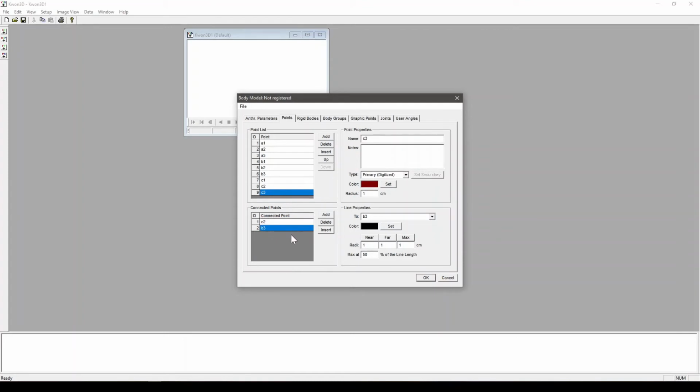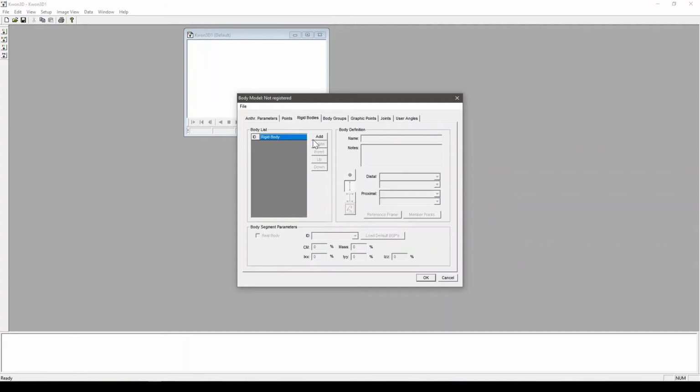Okay, so now we have given the points, all the valid points. The next thing is rigid bodies. We have to give a rigid body. What is the rigid body? We are using this link, so we can see A1 and A2, and it is connected to A1 and A2. We will give A1, A2. This cell is A1, this is A2. Similarly, we will add A2, A3,